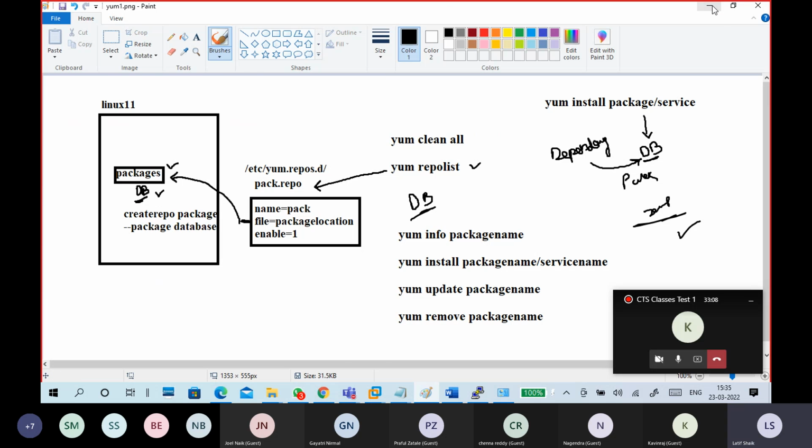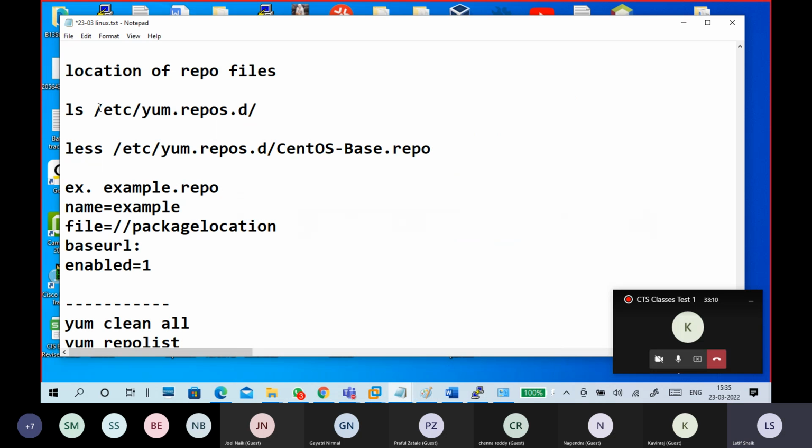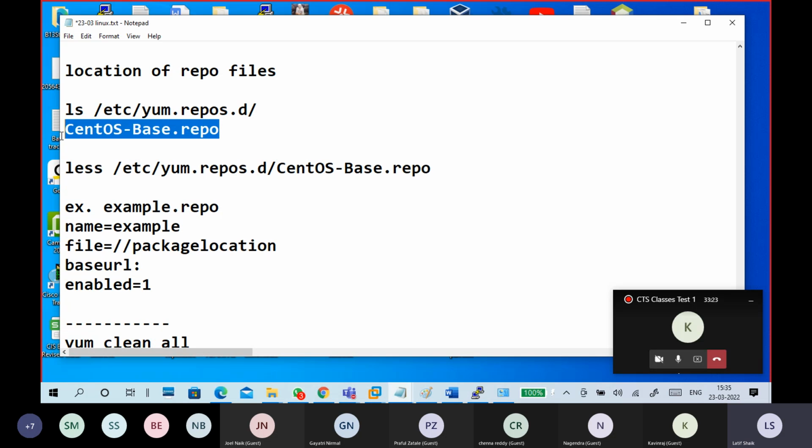Next, in the location /etc/yum.repos.d, we put a file named something.repo.